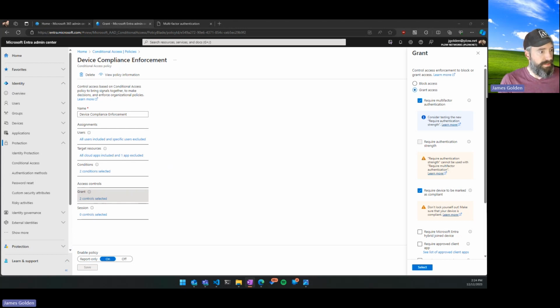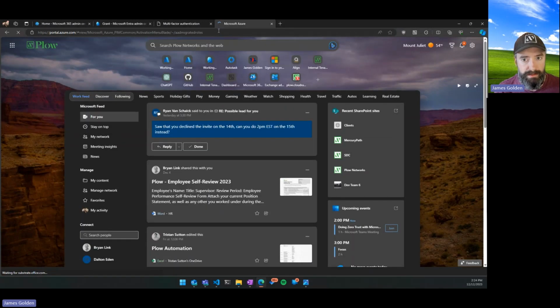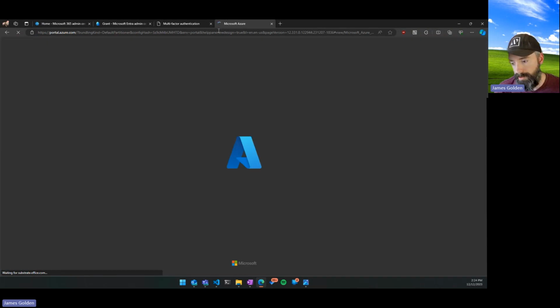So, ensure that only authorized users have administrative access and only when needed. That is spot on. So what is PIM? So PIM is Privileged Access Management, and we have a shortcut here at Plow to it, but it's really just a redirect and goes to the same place. But this is our Privileged Identity Management